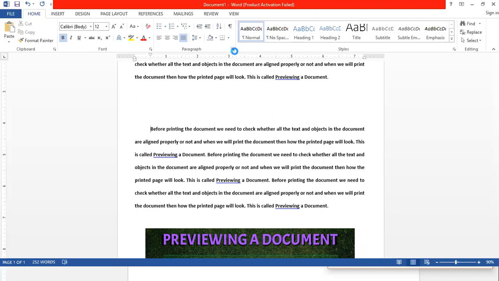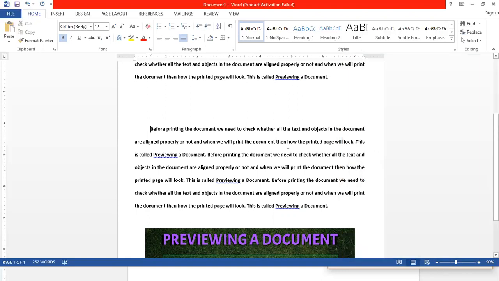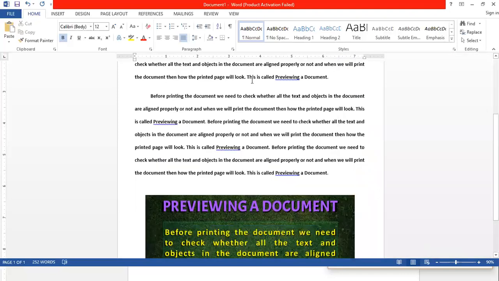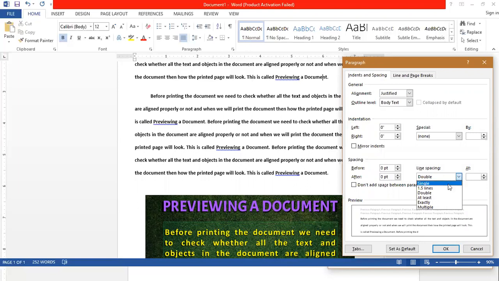So let's make this normal again. Okay, let's reduce the line spacing also to Single.